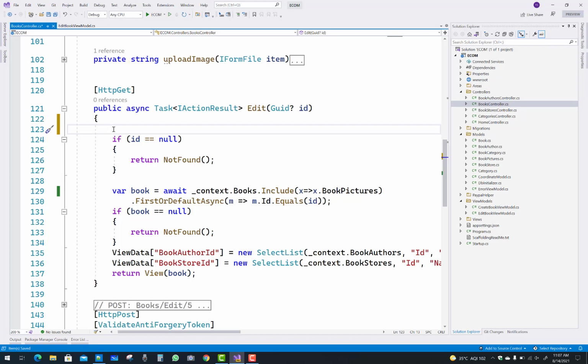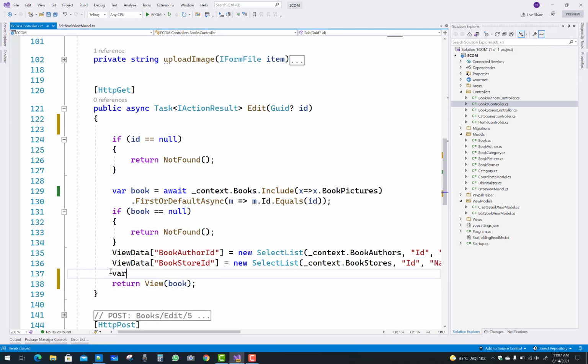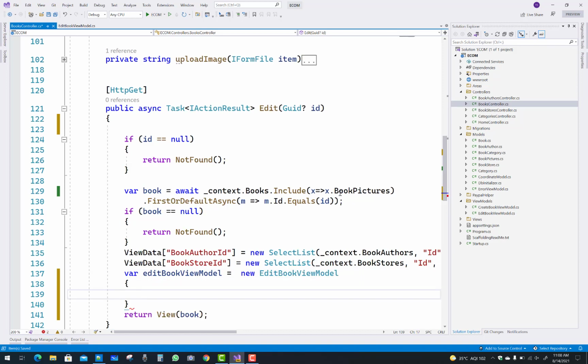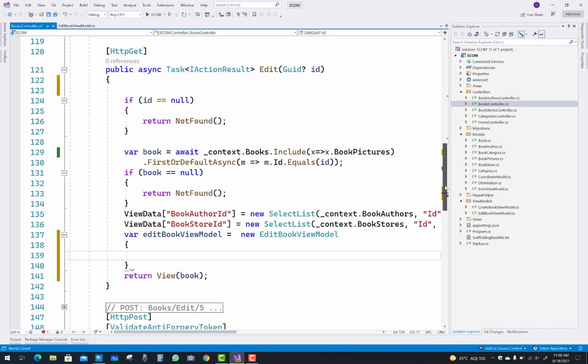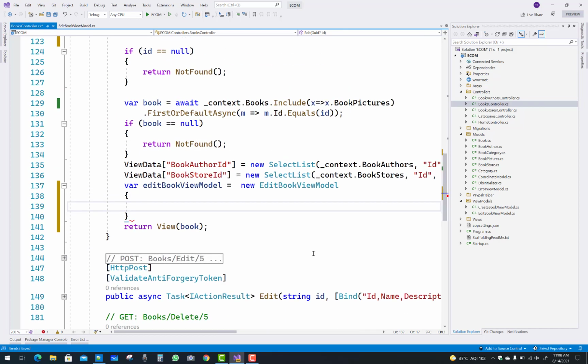Also you can add the view model in a variable, the edit book view model.